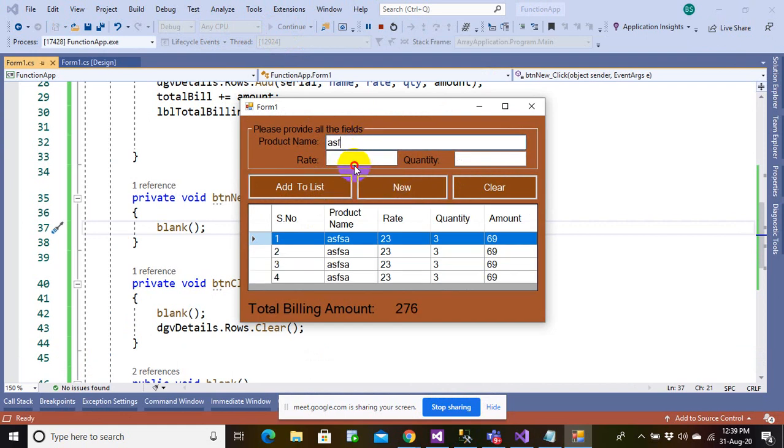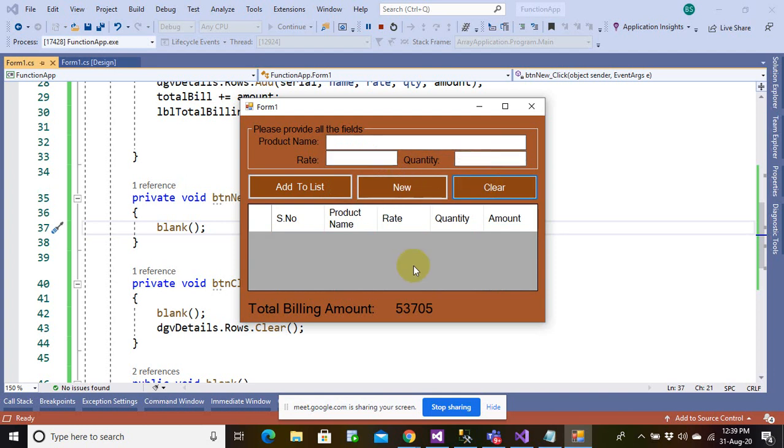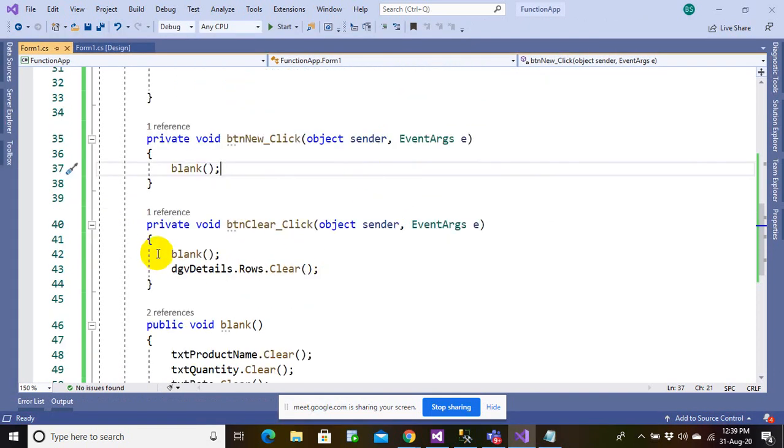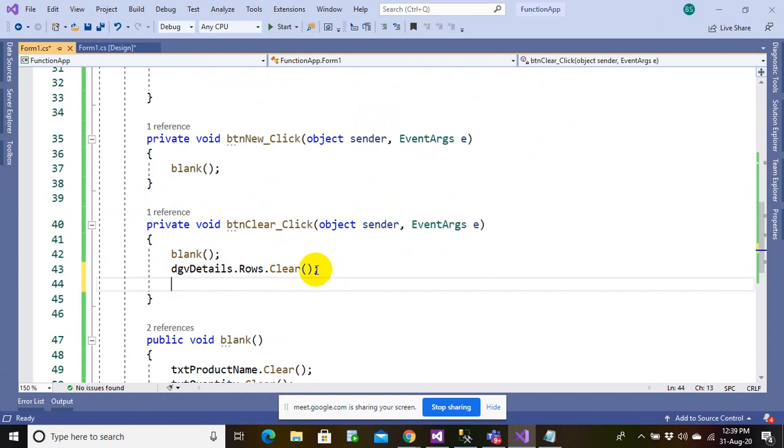New. But if I clear, again this has to be also set to 0. So let me set that value to 0. You call this function and you can add something more.